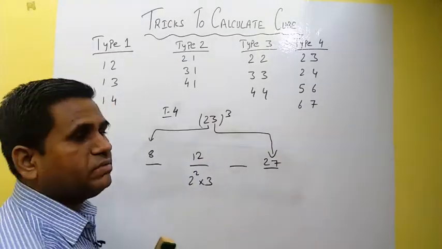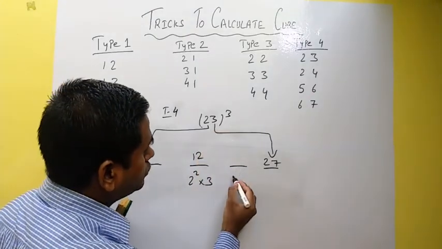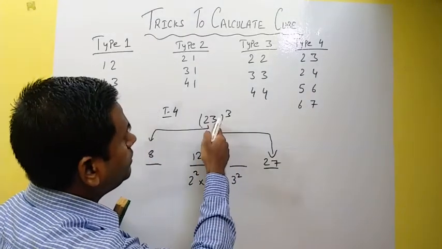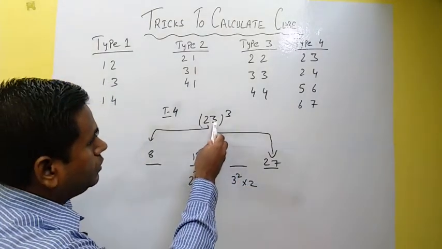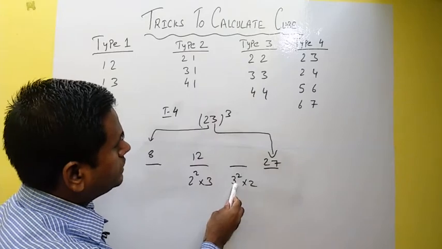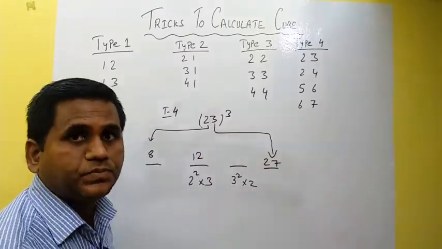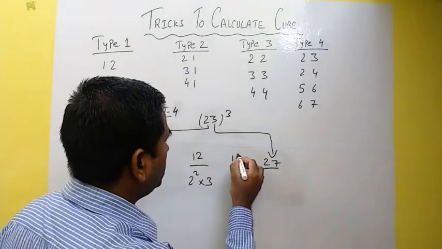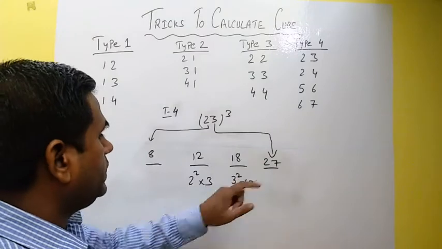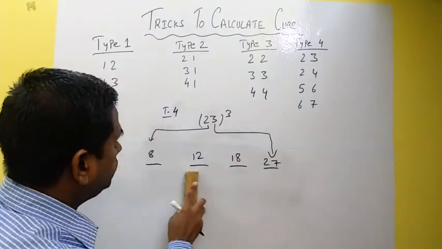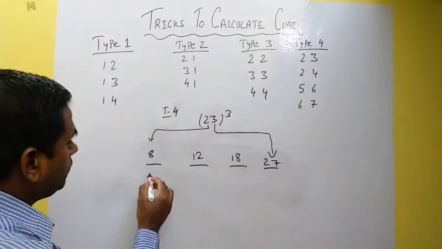And the same thing we have to do here also. The digit is 3, right? So square of 3 multiplied with 2 we will do. Okay, so see here 3, right? So 3 square multiplied with 2. So 3 square is 9. 9 into 2 is 18. So we have filled up all the 4 places, isn't it? Now we will do the same steps which we have been following.